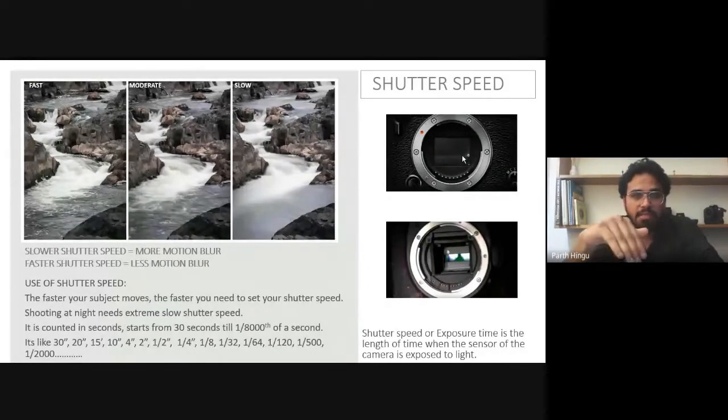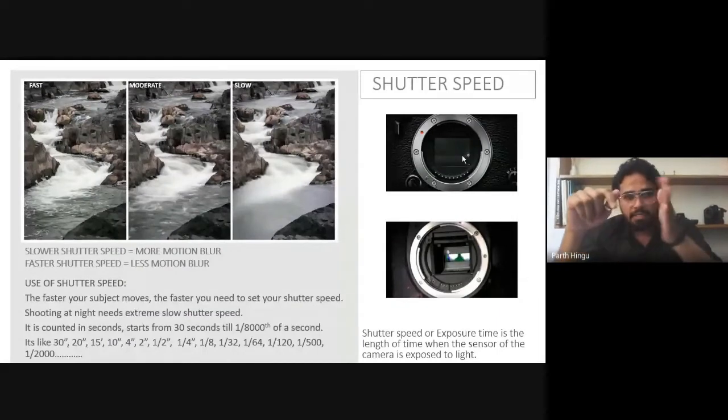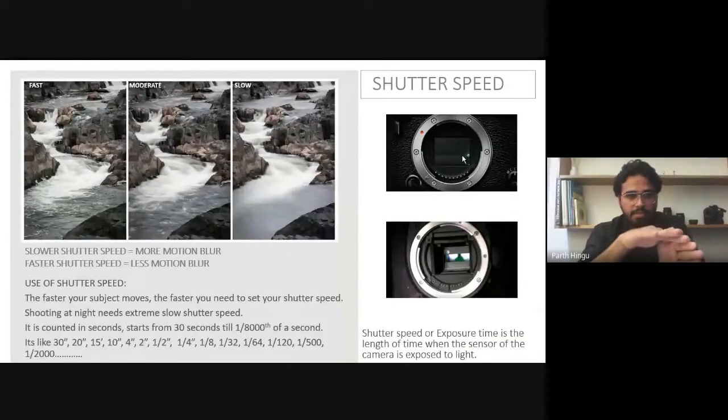When you blink, you cannot see anything. The shutter works like an eye: when you open the eye, you are allowing light to come inside. It's the same in the camera.